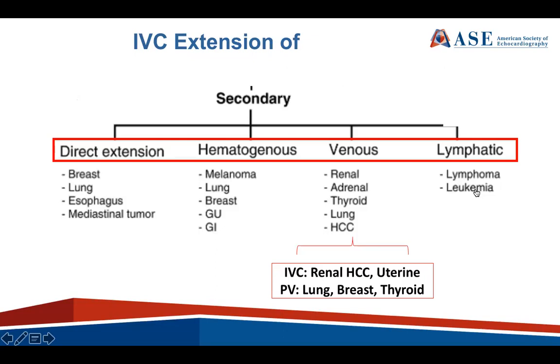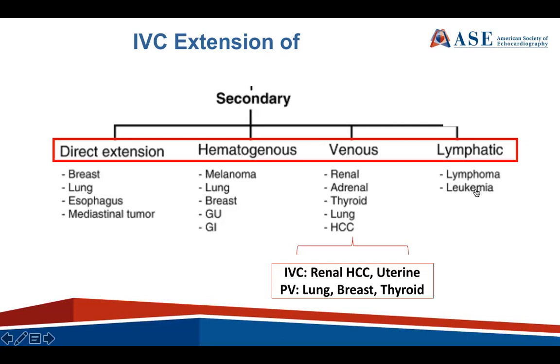And so here's a schematic that depicts this. If we talk about direct extension, we're thinking about breast, lung, esophageal cancers, and mediastinal tumors. If we think about spreading hematogenously through the red blood cells, melanoma, lung, breast, GI, GU cancers. There's venous extension. These tend to be through the IVC: renal cell carcinoma, uterine carcinoma, and then hepatocellular carcinoma. And they can extend to pulmonary veins as well: lung, breast, thyroid. And some spread via the lymphatic system, such